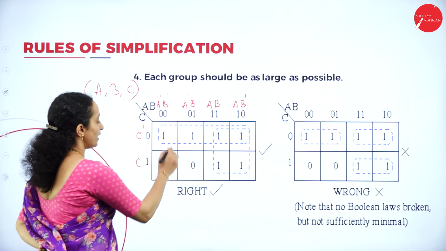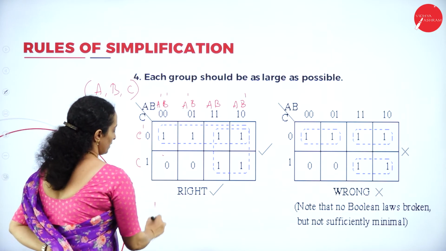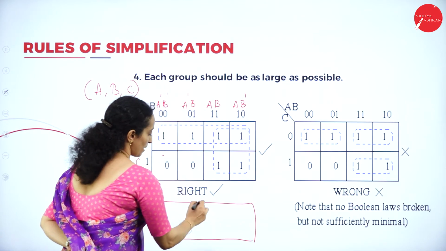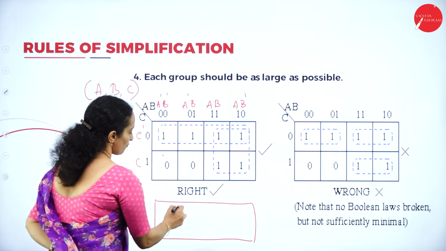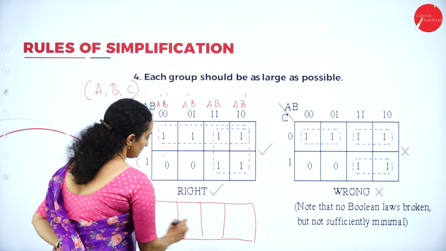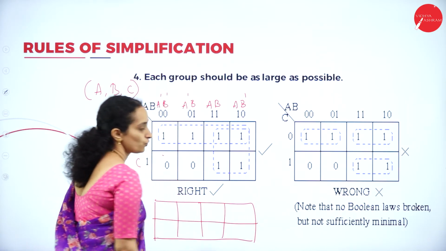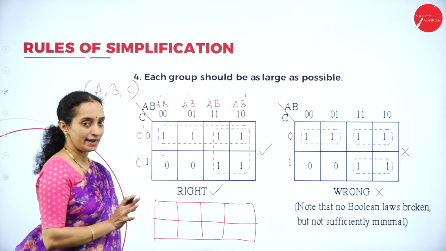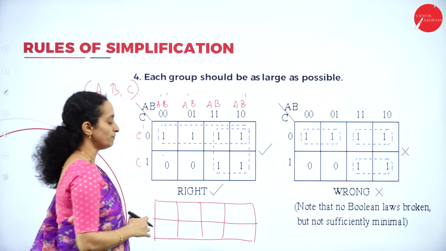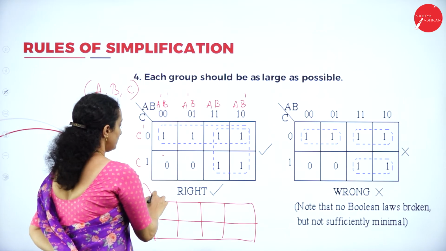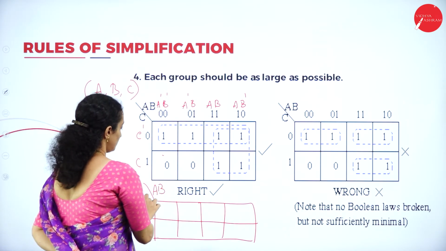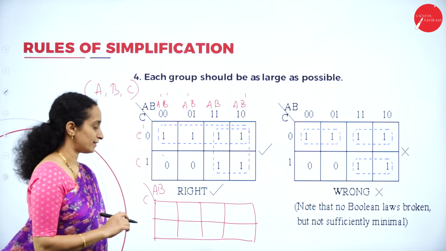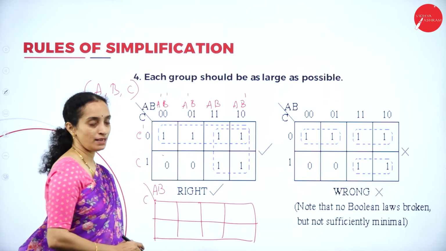Okay, if you take the K-map of 3 variables, you have 4 columns and 2 rows, or you can take it as 2 columns and 4 rows by reversing the representation. But the research says that this is the more convenient way than that. So, we will take A, B, C.